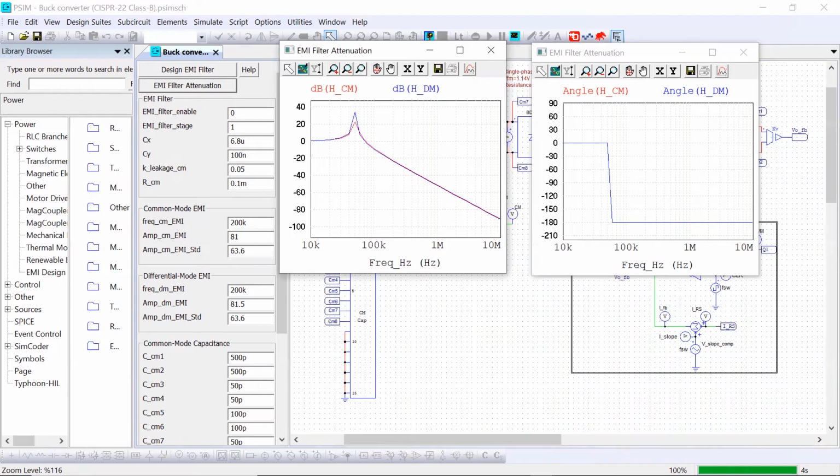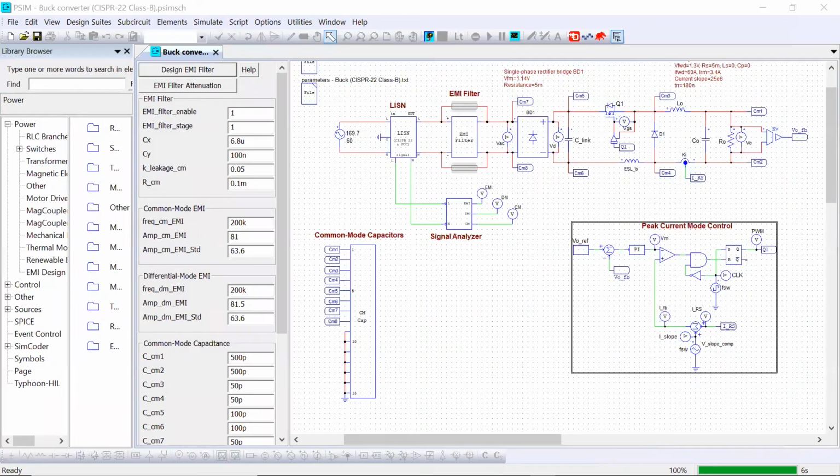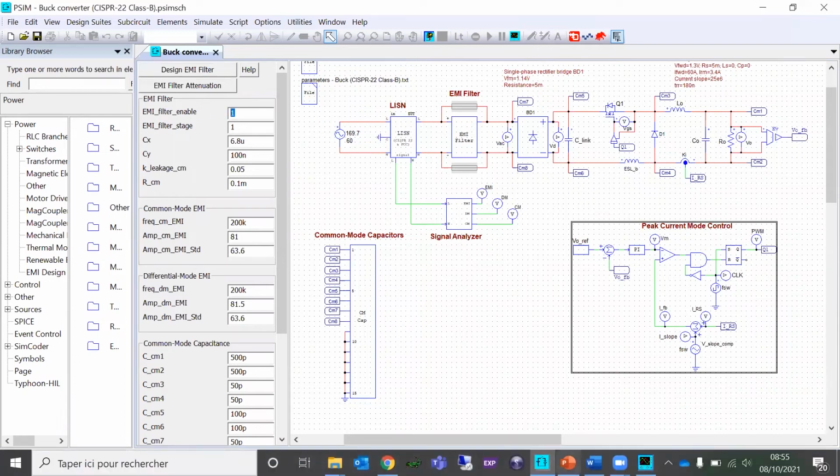One big advantage of the EMI design suite is that the parameters of the EMI filter will be calculated automatically for a given EMI standard, saving users the effort and trouble of designing the EMI filter. We can finally run the simulation with the EMI design filter enabled, so set to 1. And once we run the simulation,